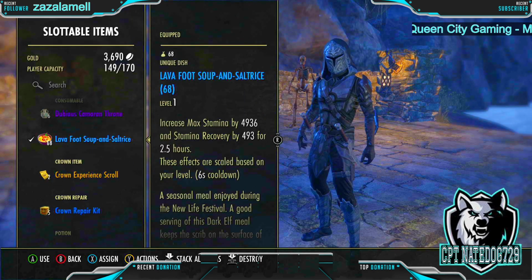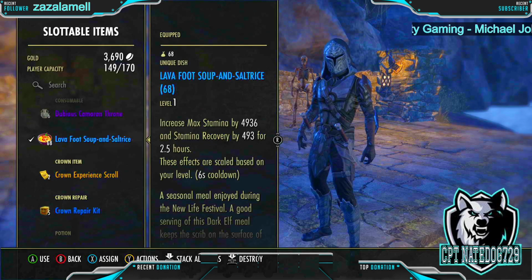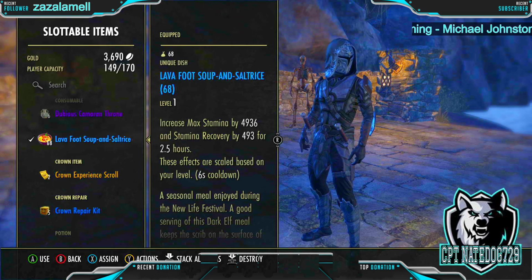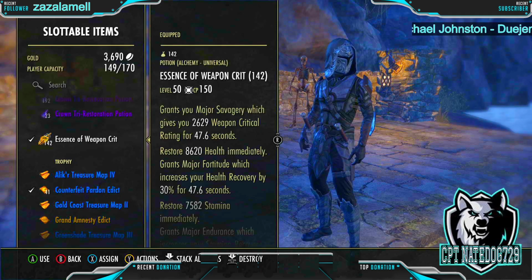It's basically like Lava Foot Soup, just gold quality, which is a little bit more expensive, but if you want a cheap, nice, easy version, this is a nice, cheap, easy version. Now for potions that we are running on this build, we are running Essence of Weapon Crit,